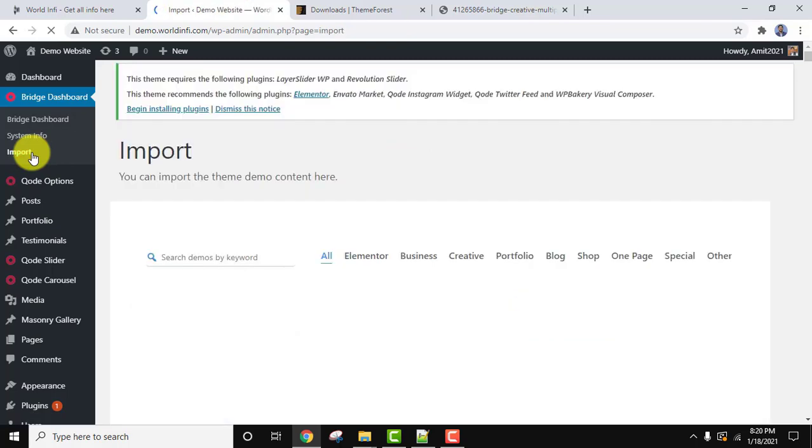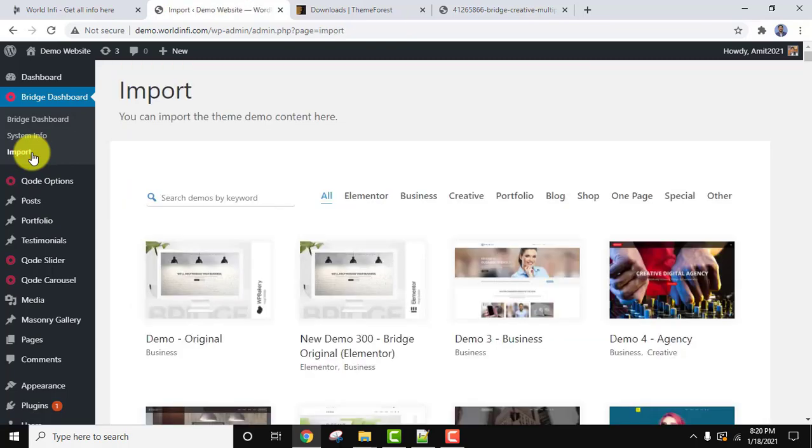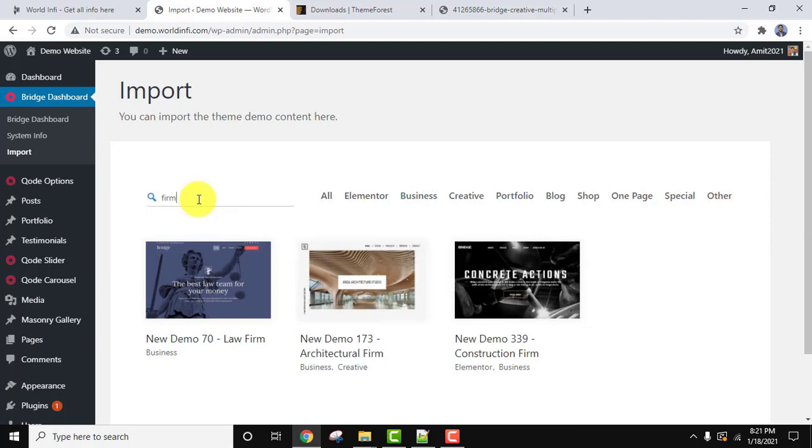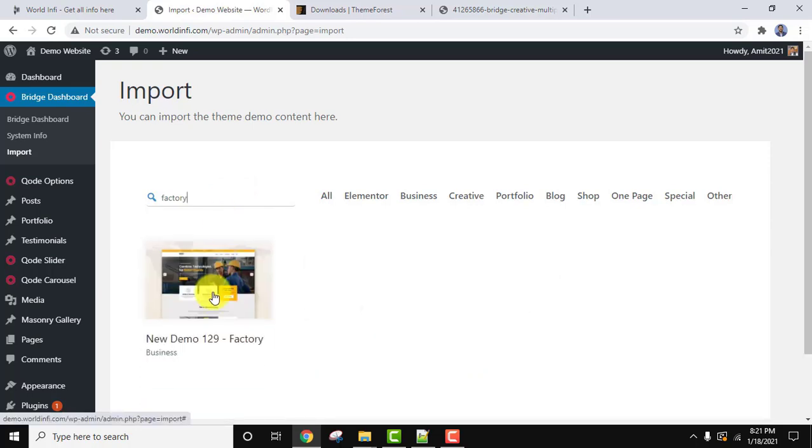Herein you can find the themes and import demo content. So here are all the themes available. You can select the categories here to get the specific theme. Let's say we want business themes. I'll click on business. So here are guys, the business themes are visible. If you want to search themes for a specific keyword, the following will be visible. Let's say I want for factory. So the same theme is visible. I'll click on it.